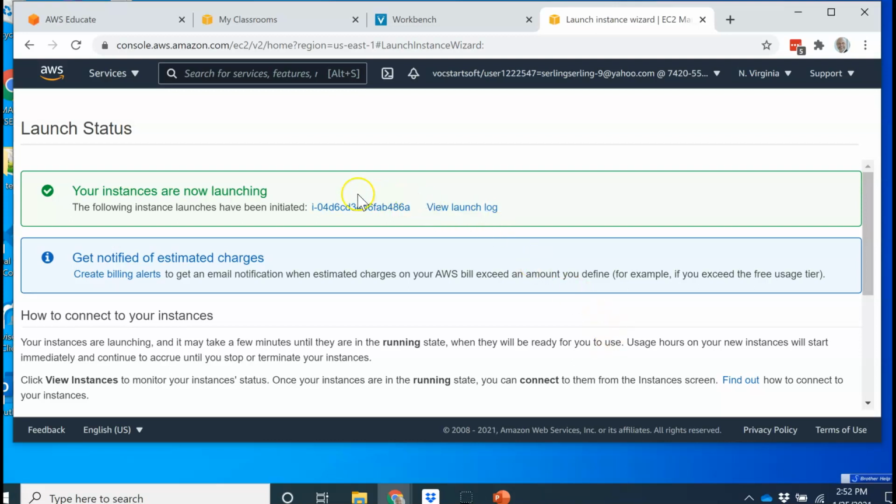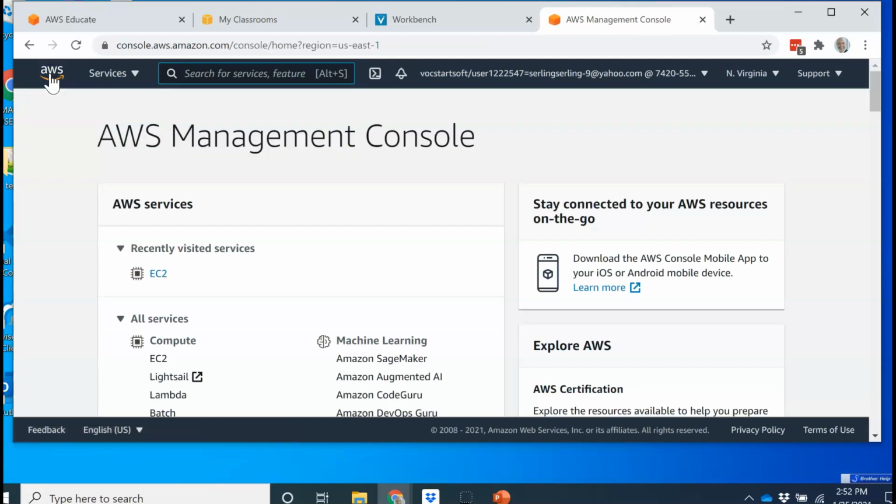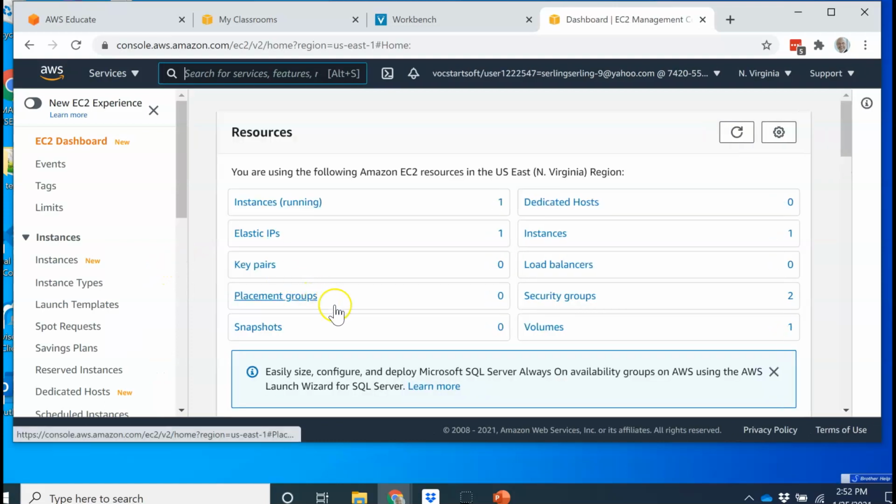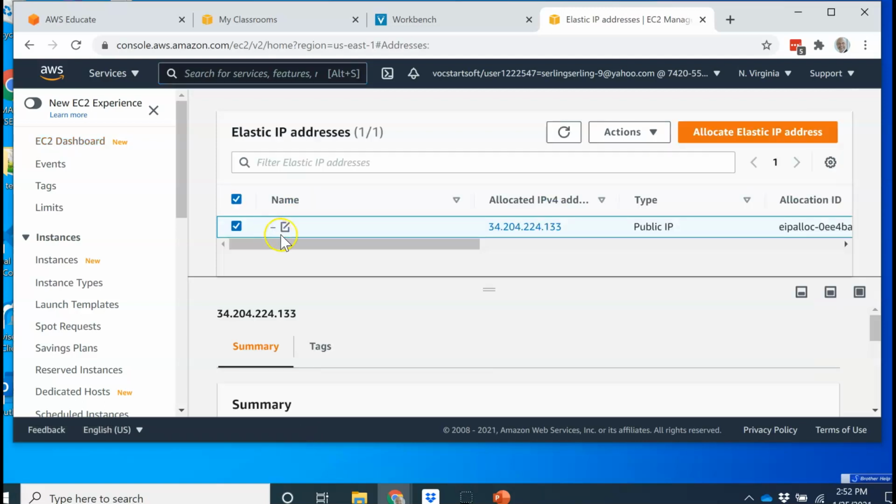I'm going to go back to the AWS logo in the upper left-hand corner, choosing console home, and go back to EC2. And you can see now that I have one instance running and one Elastic IP address. All right, so I'm going to go back to my Elastic IPs,